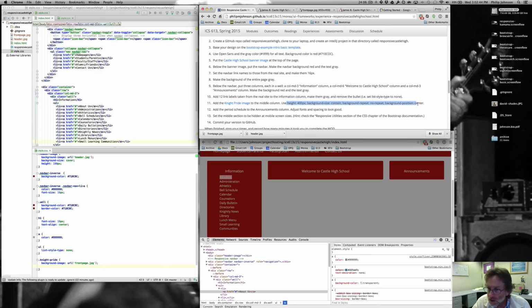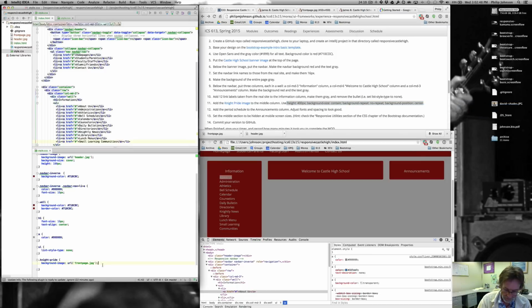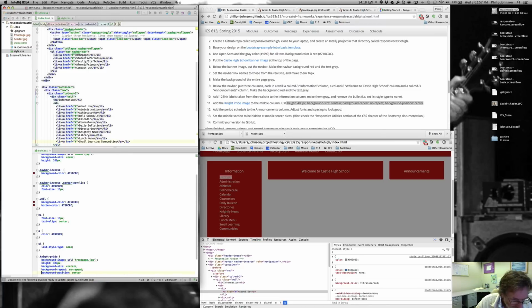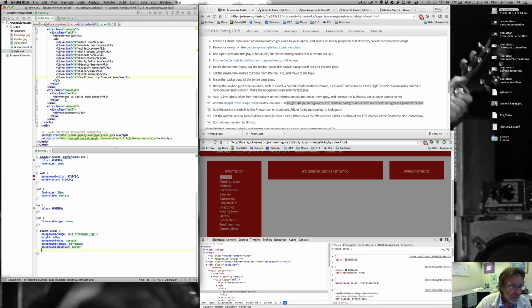So what I'm going to do is actually just copy this, because some of this stuff, I don't know, I end up just having to do a little bit of trial and error to make these images do what you want them to do. I don't know how else to do it. But anyway, okay, so there's this Night Pride class, which we can then simply put in underneath here,